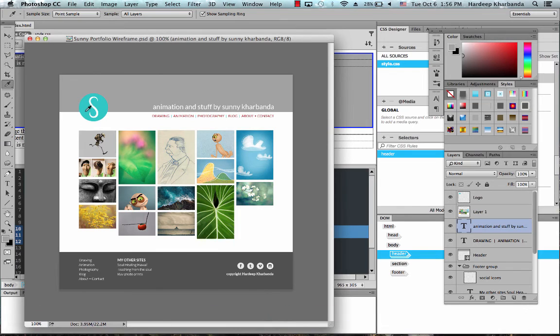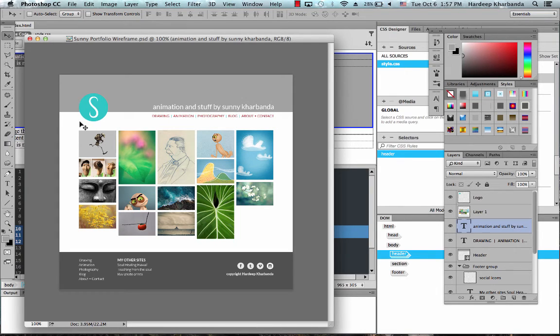Next, even though my header stretches from end to end, the content inside my header is fixed within these dimensions, and I want these dimensions to be the same across my header, my section, and my footer. So I want to define a box or an area inside my header that will contain my logo, my title, and my menu.